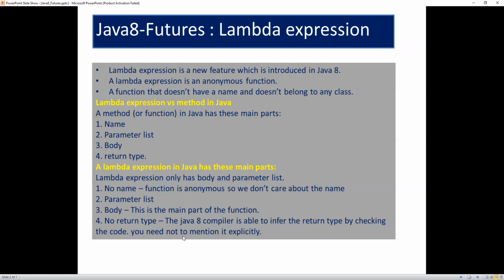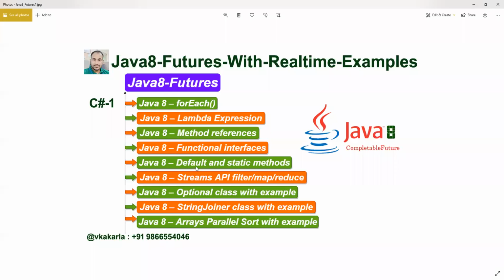By default, it returns the type of the body. After something is executed in the body of the lambda expression, it will automatically return back. So wherever we are passing it, we can collect the data or return that data within the lambda expression.